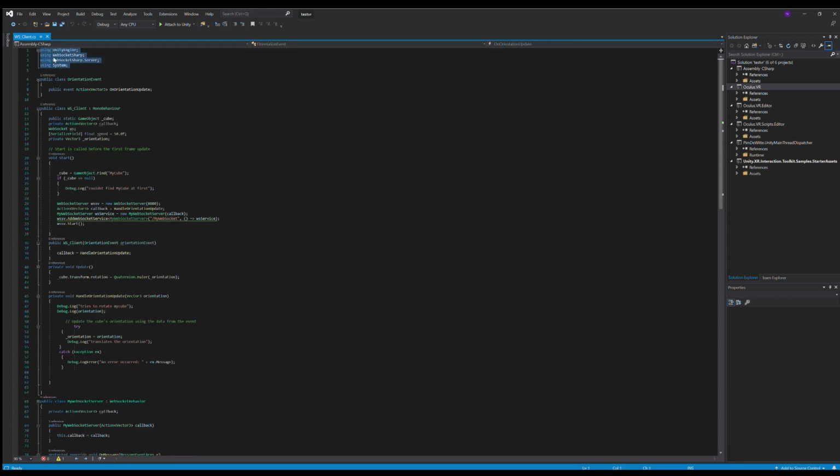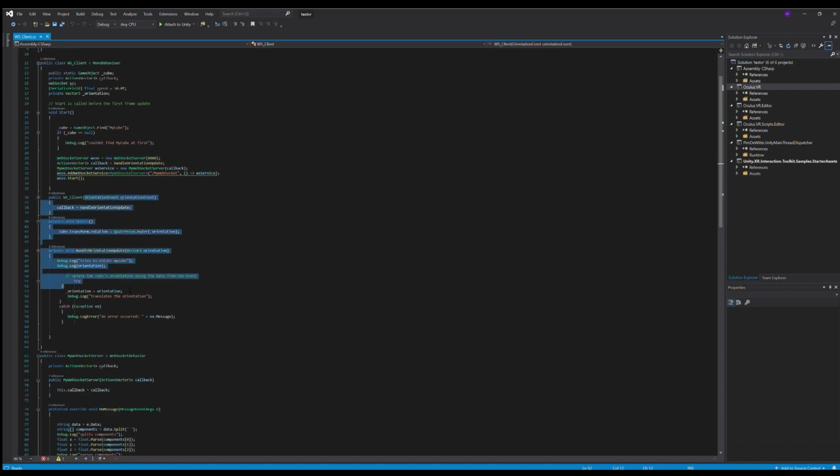Yeah, so everything starts out with the libraries. Here's some C# stuff. We initialize some things. So here in the main thread, we find the cube and we put it into this object right here so that the code knows what we're talking about. We prepare the callbacks and the WebSocket server, which we'll host on the Oculus.